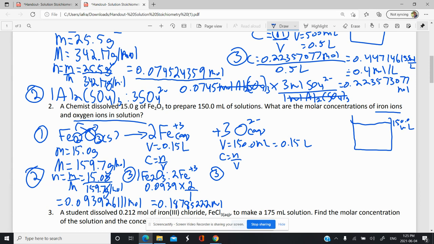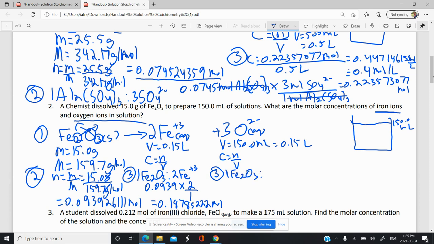Does that make sense? So I want to find the concentration of both, so I need the moles of both. I'm just kind of doing it separately, okay? I'm doing it one step at a time here. So now, what's the ratio between the iron 3 oxide and the oxygen, or the oxide ion? Right, I see a 1 to 3 there. That's right. So we're going to have a 1 to